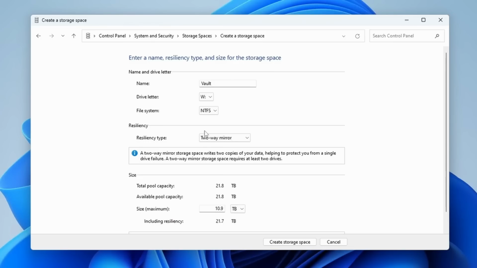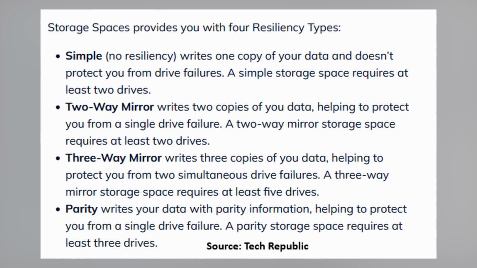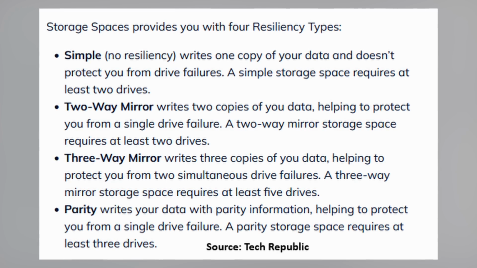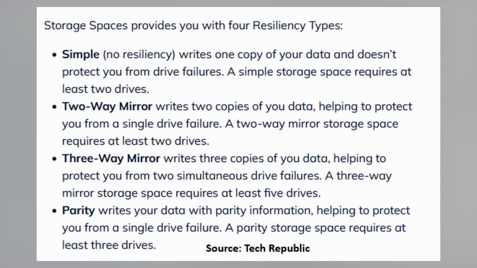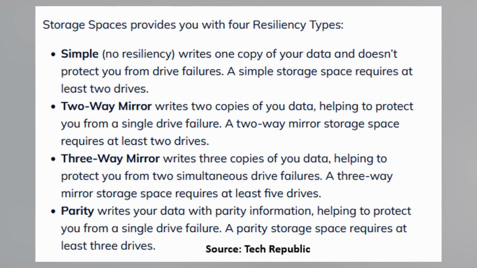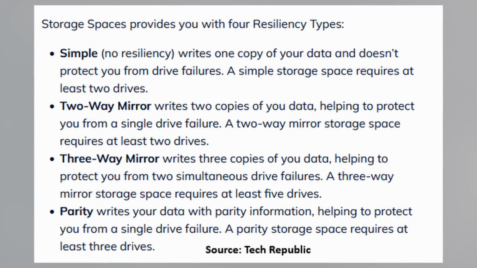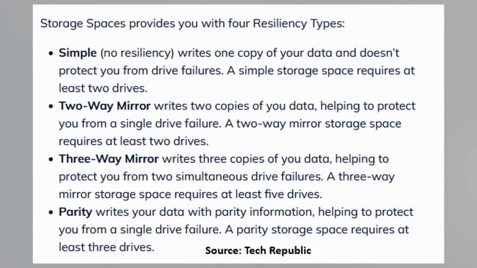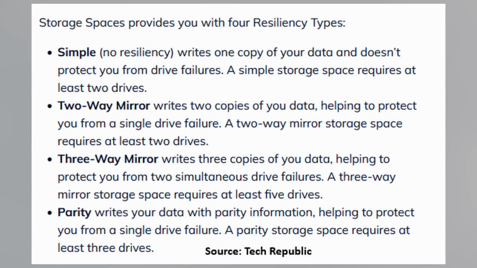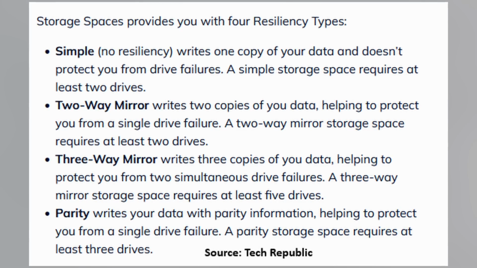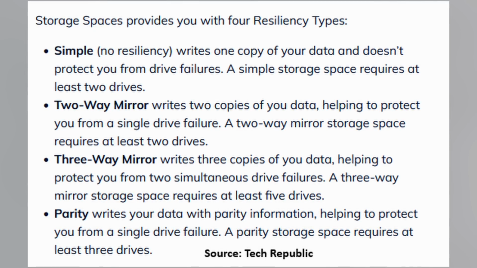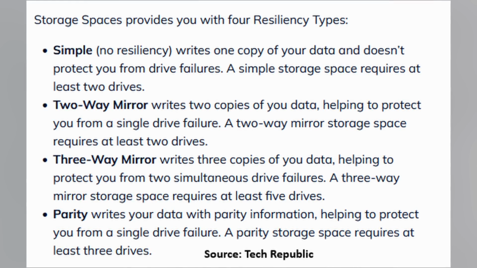And then we have the resilience type here. This is basically your RAID configuration, but it's not as technical and there's not as many options. You have two-way mirror, so there are going to be 2 copies of everything. If you only have 2 drives in your system that you're doing this with, this is the way to go. We have a 3-way mirror, so if your data is super important and you don't want any risk of losing anything, you can have, it says 2 drive failures here, but I always go parity. This allows 1 disk in the array to fail. Switch that out, it can rebuild itself and it's fine.